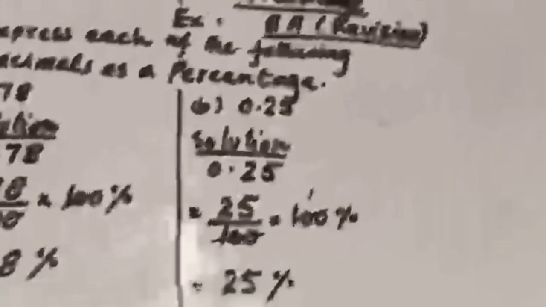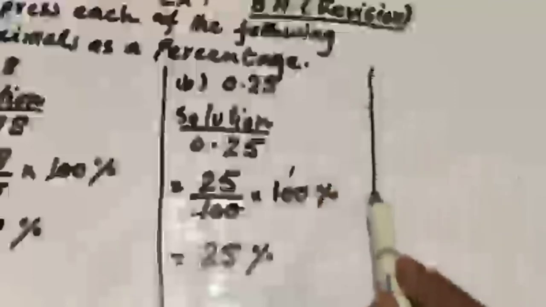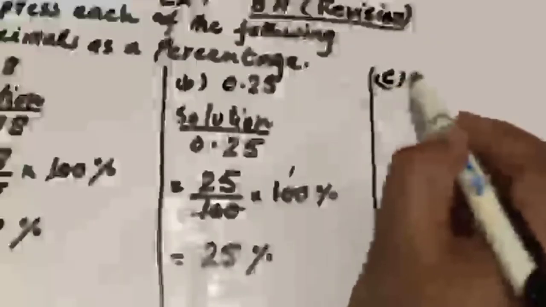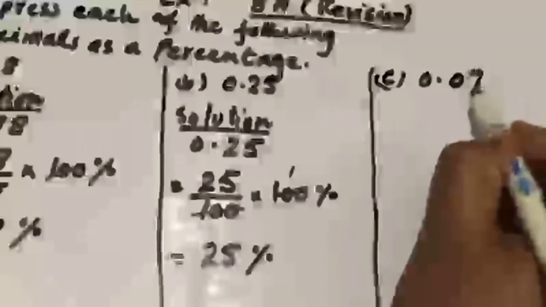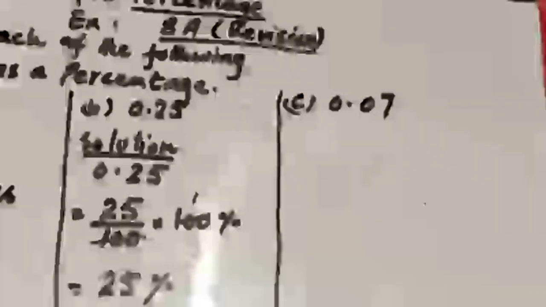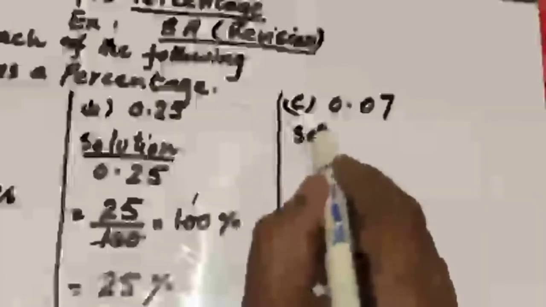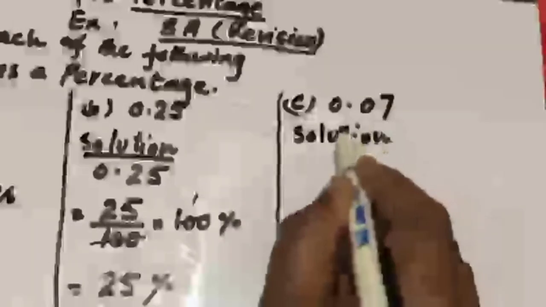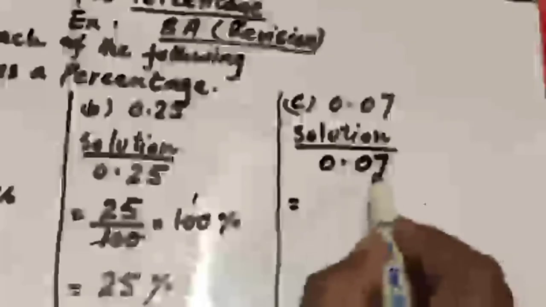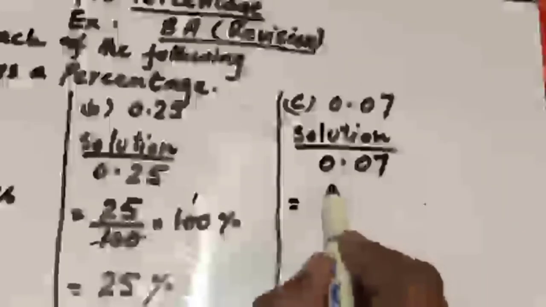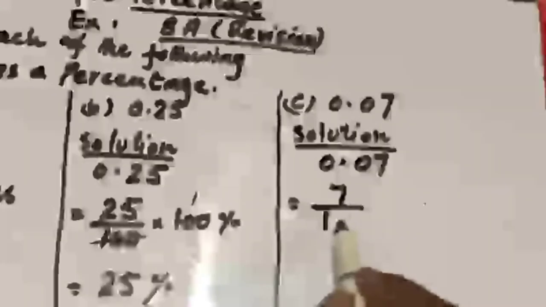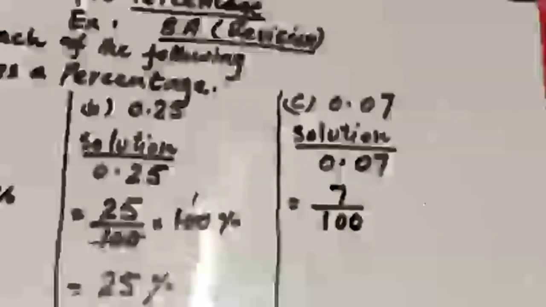Now we are going to solve the third part of question number 4. The statement of C is 0.07. The decimal number 0.07 is given. We have to convert it into a percentage. So in the solution, first of all, we will write the statement as it is, which is 0.07. Now we are going to convert this decimal number into fractional form. So we will write 7 over 100: the point is replaced by 1 and after the point there are 2 digits, so we place 2 zeros. So it becomes 7 by 100.